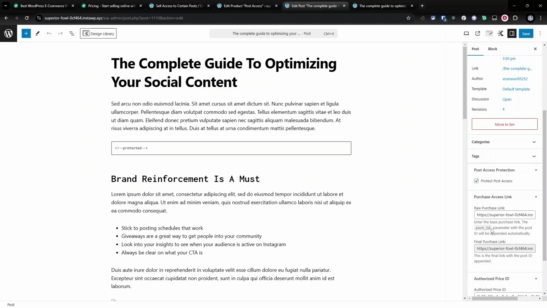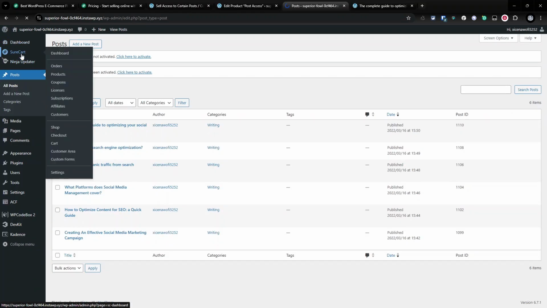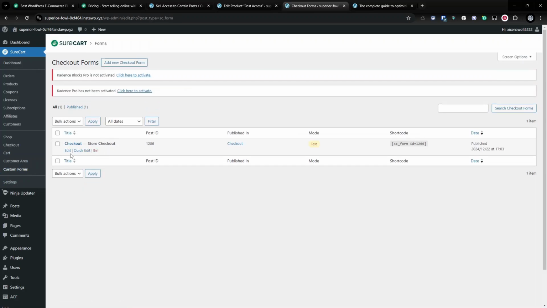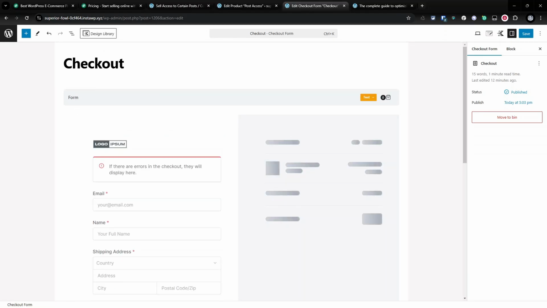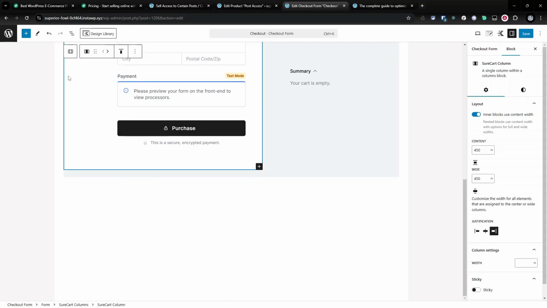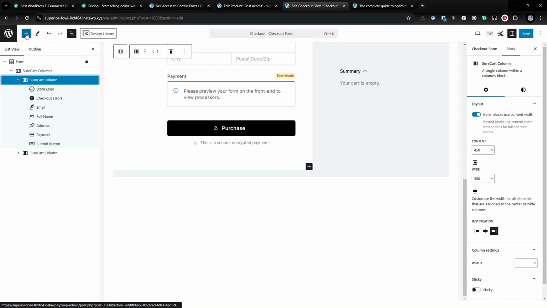So post ID is our link in this case, so I'm going to copy that so that we can put it in correctly, and we're going to go over to our dashboard. We're going to navigate to SureCart, then to custom forms. We're going to edit the checkout form, and this will load up eventually. And what we're going to do is click all the way down at the bottom where purchase is. On this side, we're going to open up our columns, and we are going to add